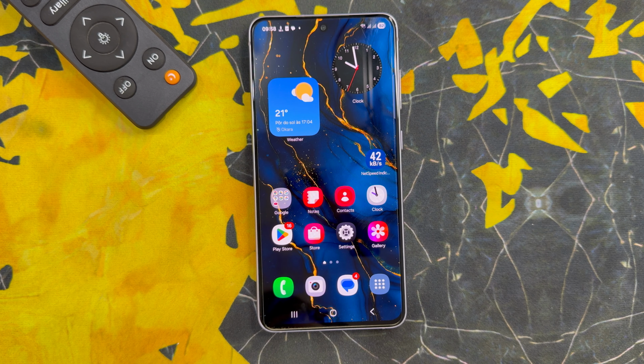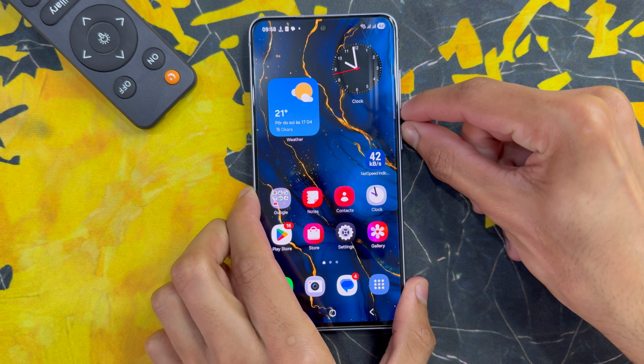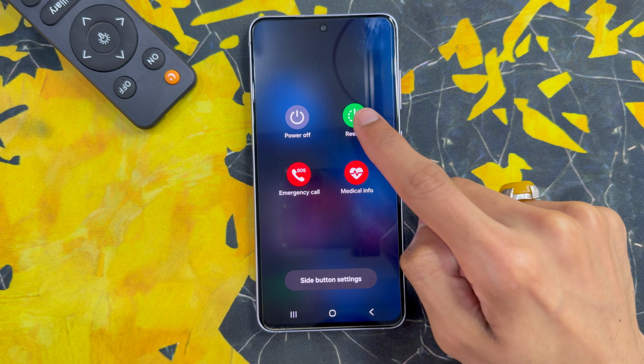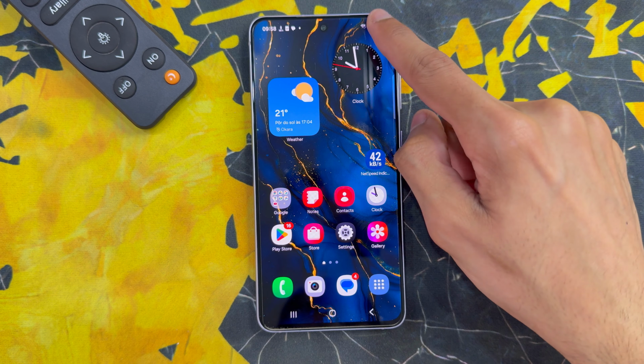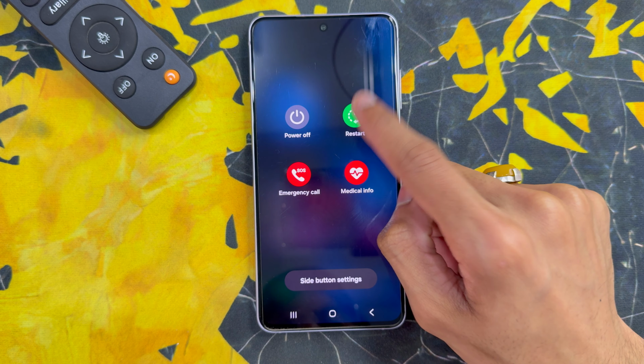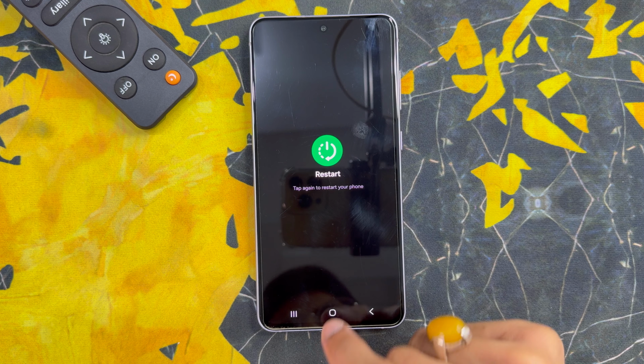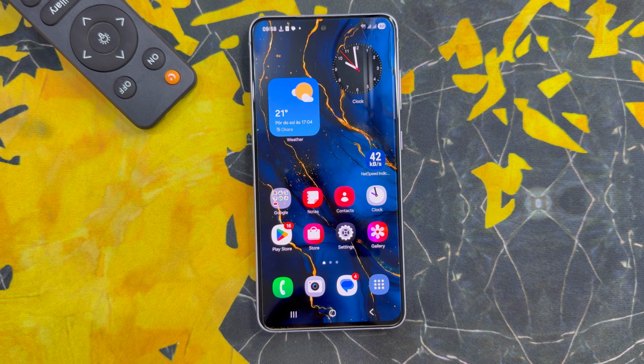Let's start the video. First of all, if you want to fix this problem, restart your phone. Just click and hold the side power button and volume up button, and you will see Restart phone from here. After restarting, go back to the home screen. You will see your problem is solved, but if it is not solved,